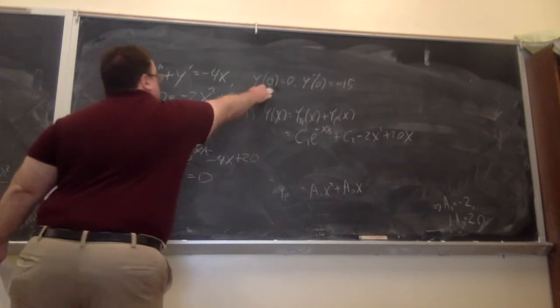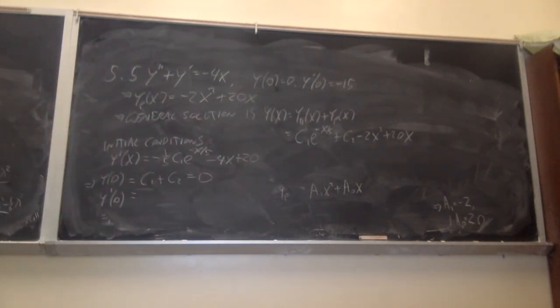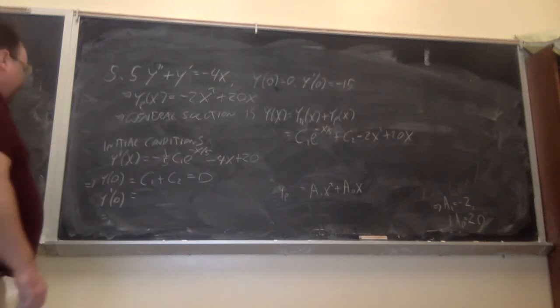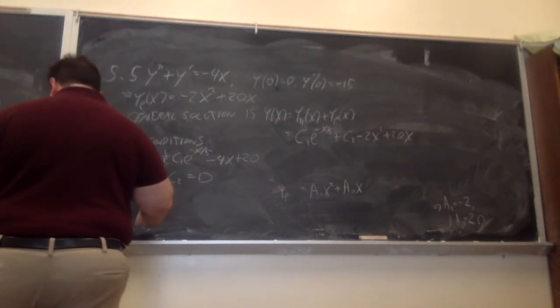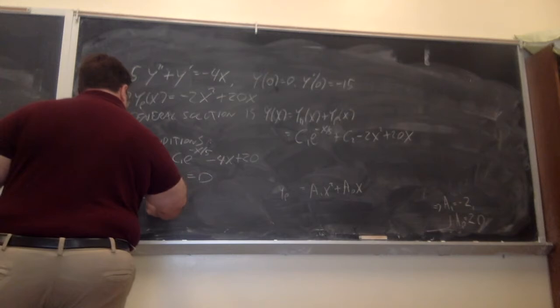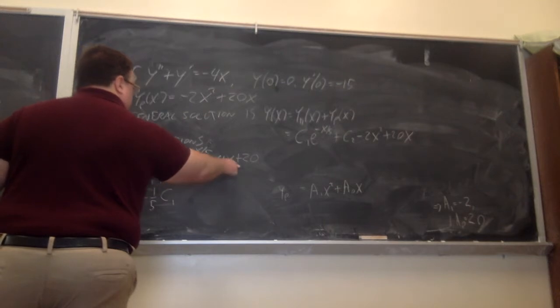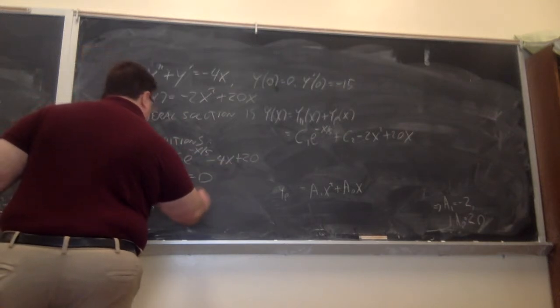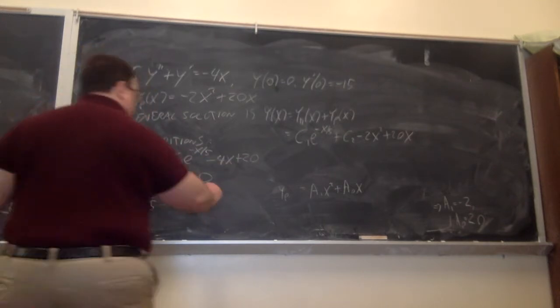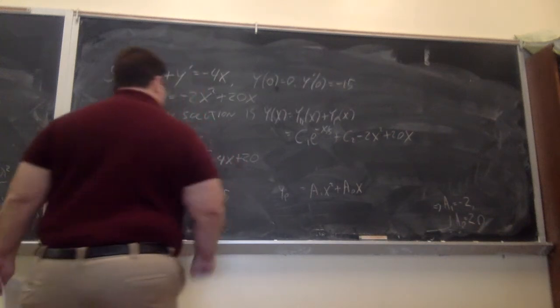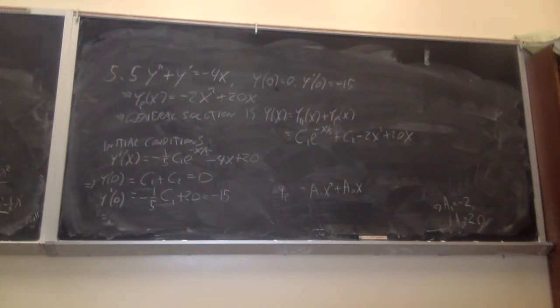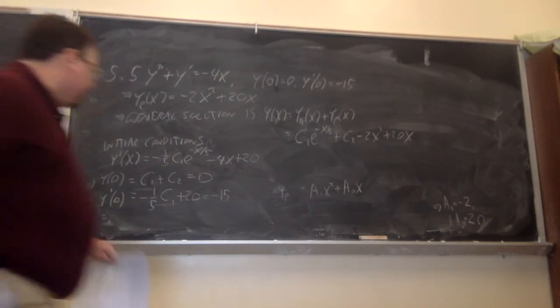And that has to be 0 because 0 equals 0. Y prime of 0, I plug in x equals 0 here, and I get minus 1/5 C1. That part is 0, and I get plus 20. And that is equal to minus 15. So now I have these two linear equations that I can solve for